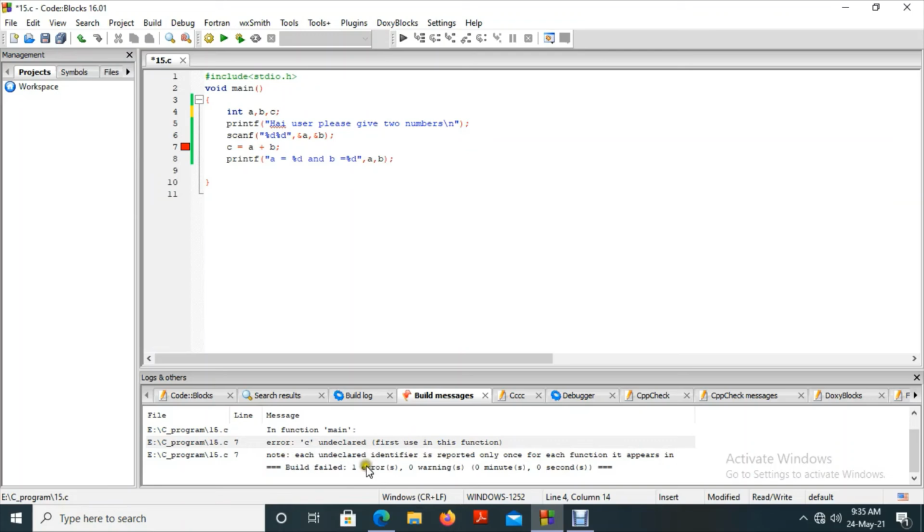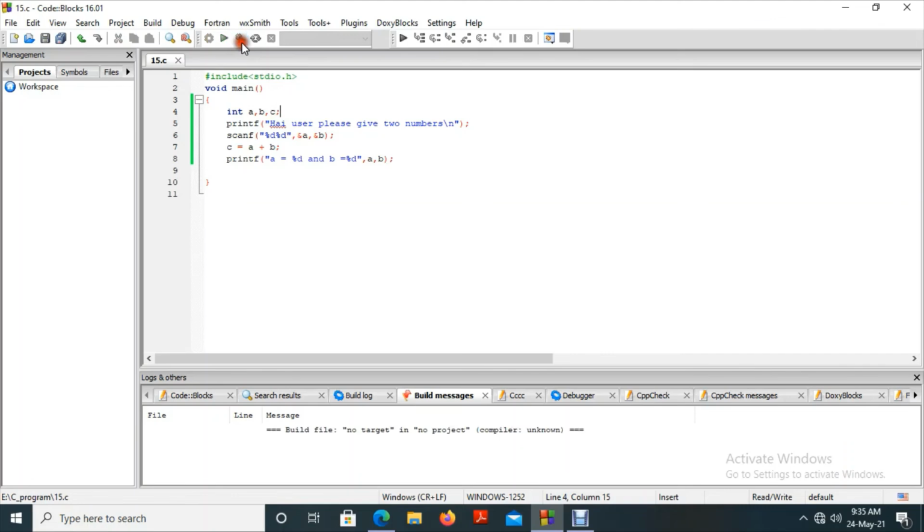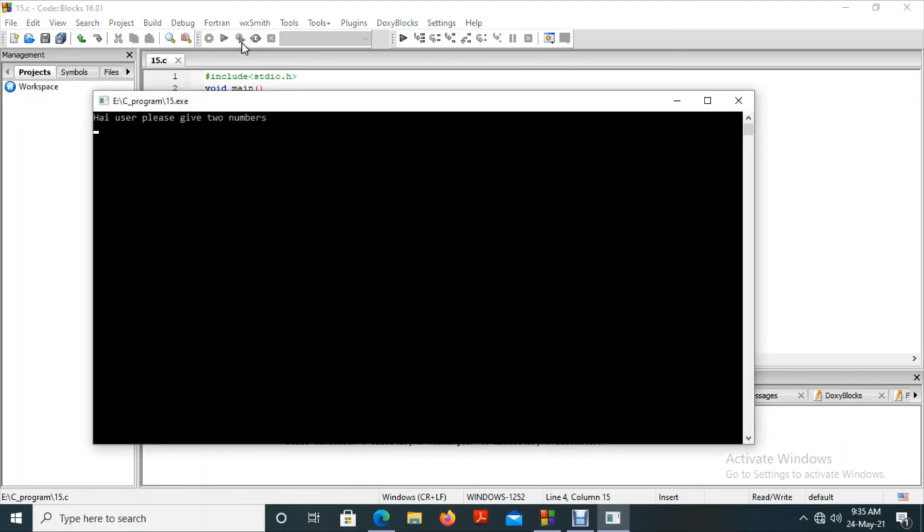The compiler is expecting some kind of instruction from the programmer about how many variables are required. I used C equal to A plus B, but the compiler doesn't know what C means. After the declaration, the compiler understands that C is one more variable. That is why I am getting an output screen here. Otherwise, I will get the same error screen.